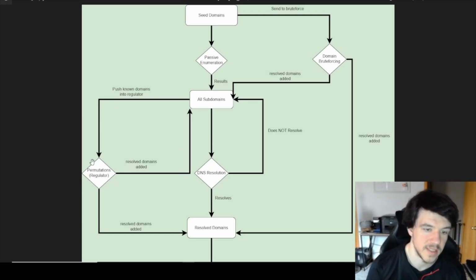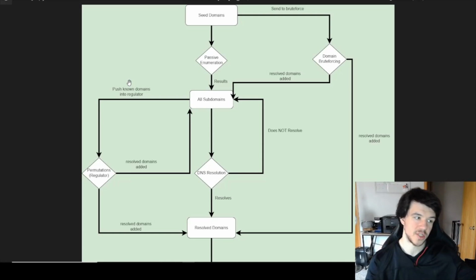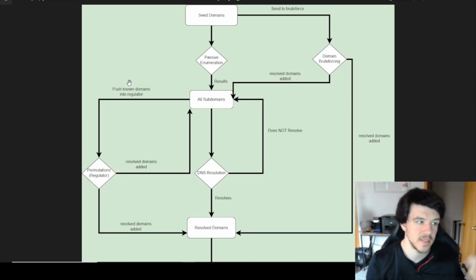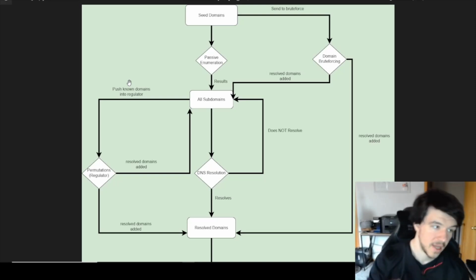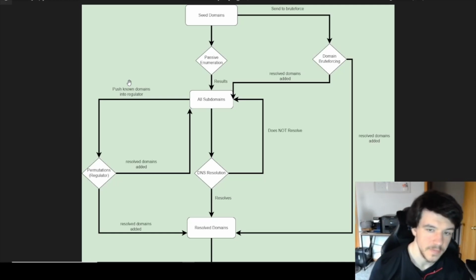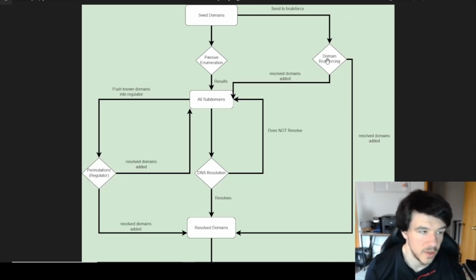So basically this whole section here is just a tack-on module on the side that pulls out of all subdomains and will permutate, test, and hopefully find new domains. And that can just, again, run in a continuous loop on its own, continually trying to permutate and find new domains. The other side over here is just your normal straight up